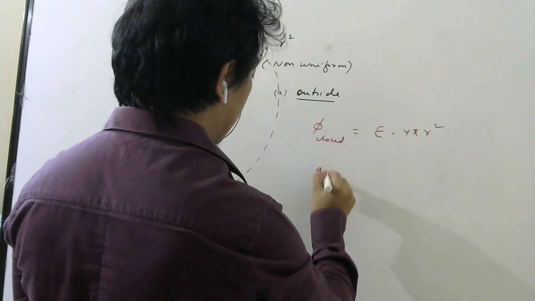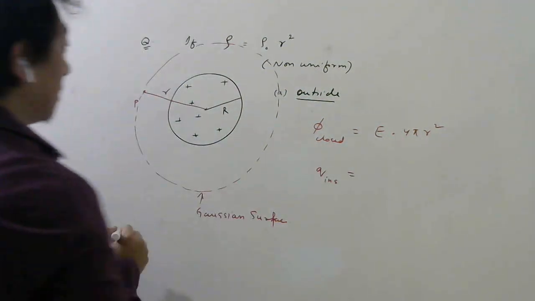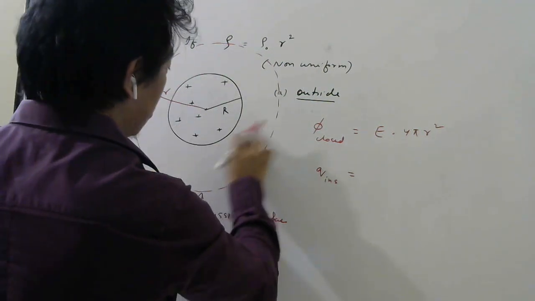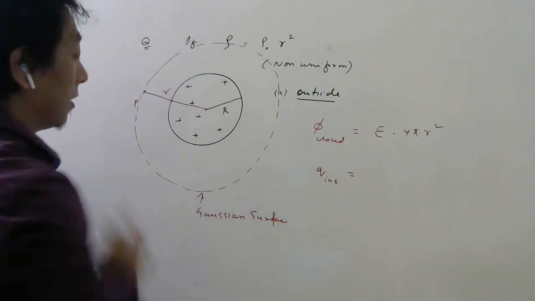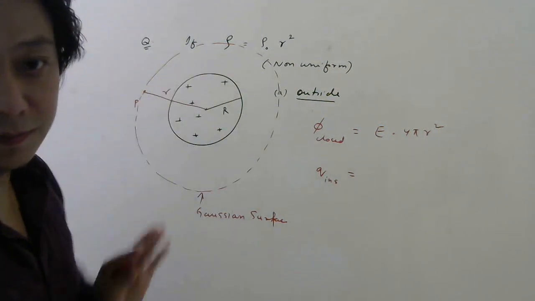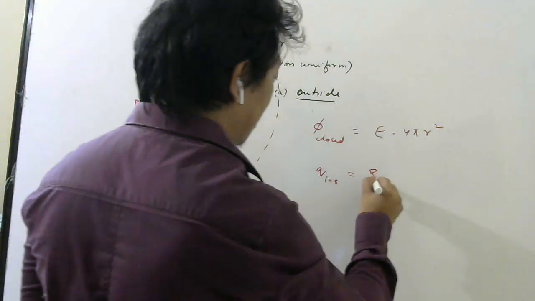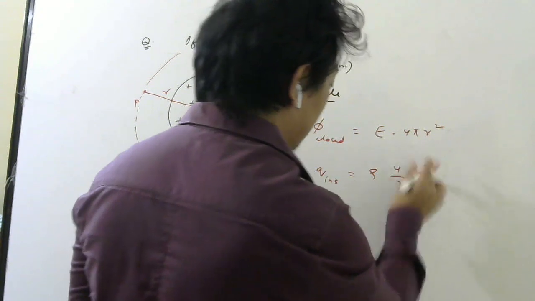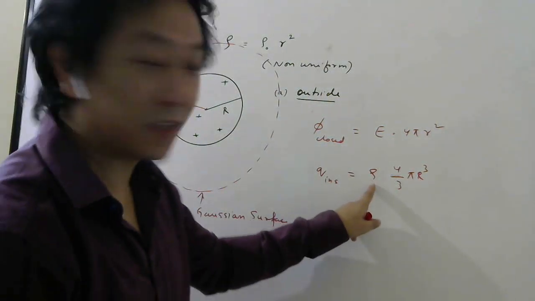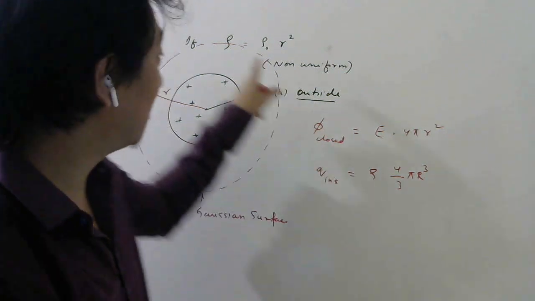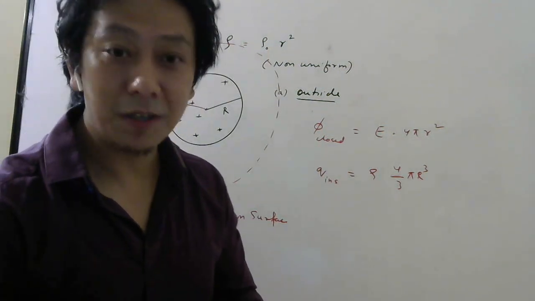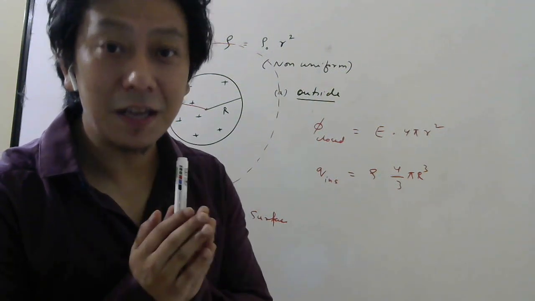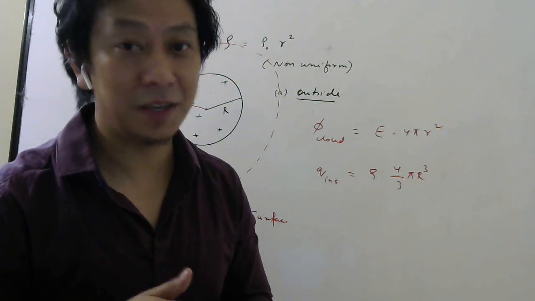Then I have to find the charge inside. Now charge inside means only this charge, right? Only up to here. There is no charge here, right? Only this charge. Now how to find this charge? Can I write density into volume, which is 4 by 3 pi r cube? Can I write like this? No, this is only true for constant charge density. Here density is a function. In the previous video, in the last part, I explained how to find total charge when the density is a function. Function means variable. It is not a constant.